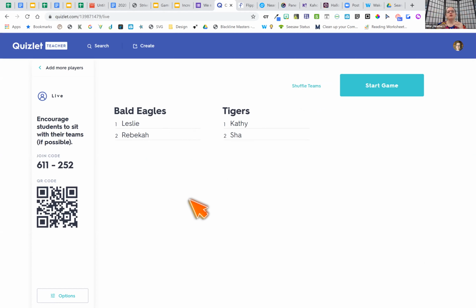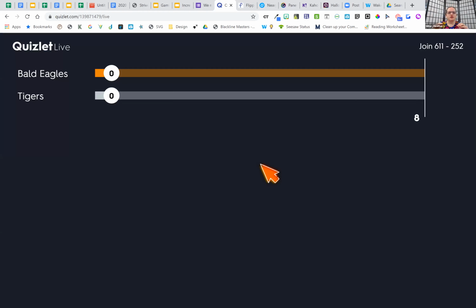So what you'll see on your screen, actually, I'm going to just start the game so you guys can see it firsthand. So right now on your screen, you see a picture at the top, or what would be the definition. And then you see your answer choices on one side and your team's answer choices on the other side are grayed out. Only one person has the right answer. So if you see a picture, let's say, of a Chromebook and you don't have the word Chromebook, then you have to wait for your teammate to answer that choice. So go ahead and answer and see how that plays out.